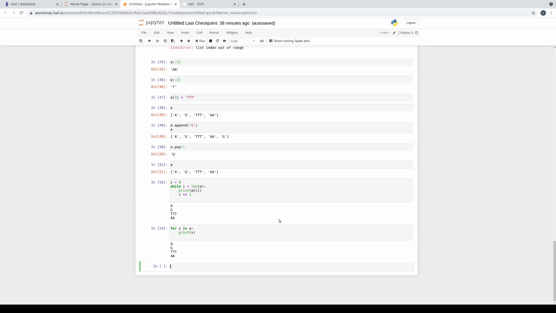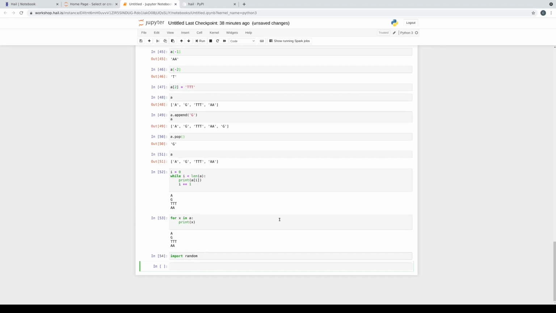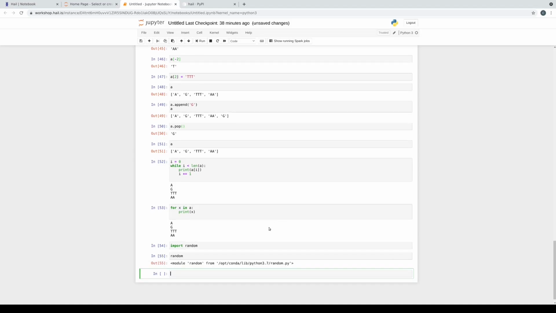Once you have a package installed, you can use an import statement to get access to the package in your program. And so let's look at a little example where we're going to sample from a uniform distribution on 0, 1. It turns out Python has a built-in package that comes with Python for sampling random numbers. That's called the random package. So we're going to say import random. This adds a new symbol in our environment, which is the random package. We can actually just say random. You can see this is a module that came from the Python installation.